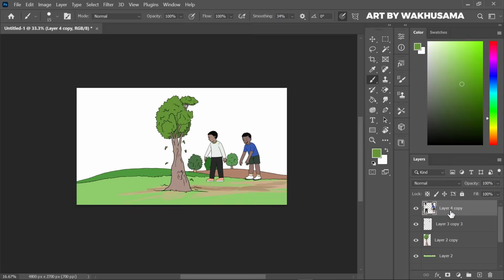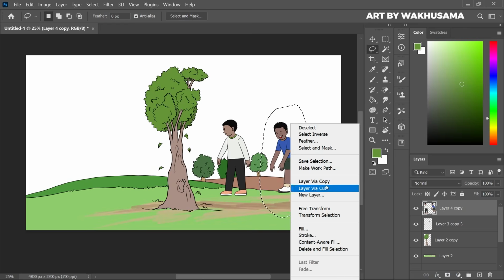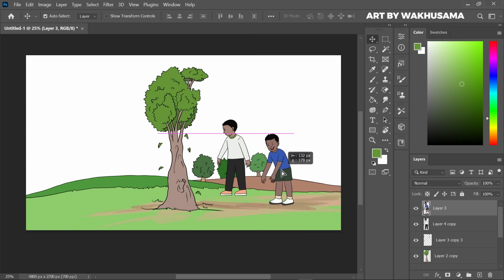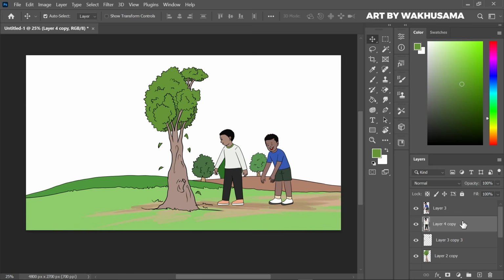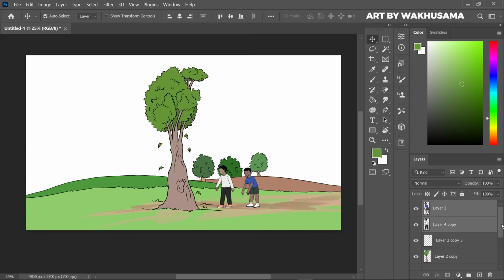Then we need to enable the children's layer so we see what is happening. I want to resize them relative to the size of the tree, and each of the boys is on its own individual layer. I'm resizing them so they do not look like they are the same height as the tree. And then back to